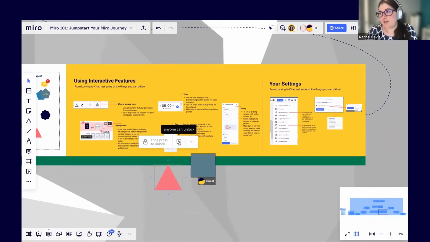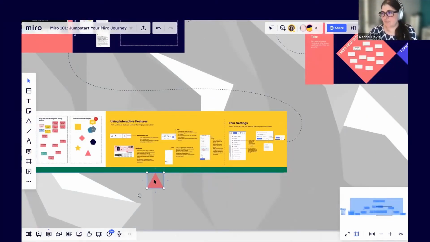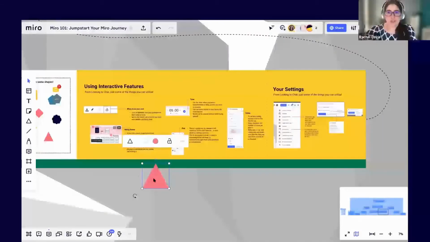And then you've got this little shield. So right now it's set to anyone can unlock, but if you click it, it goes to only the owner can unlock. And if that's blue, then only the owner can unlock that particular piece on the board. So it says, and you can hover over there, only the board owner can unlock now. And then if you want to unlock, you just long press. When something is locked, it won't move with the frame either, I believe. I'll have to double check that, but it's pretty much locked down there. And it's really important when you're having your workshops to lock down pieces that people aren't using, because let me tell you, they move them by accident, but they move them.